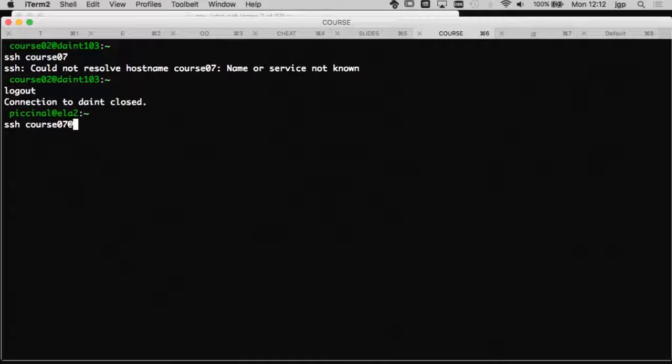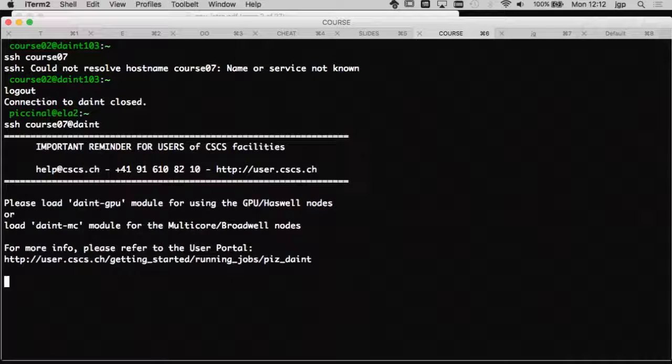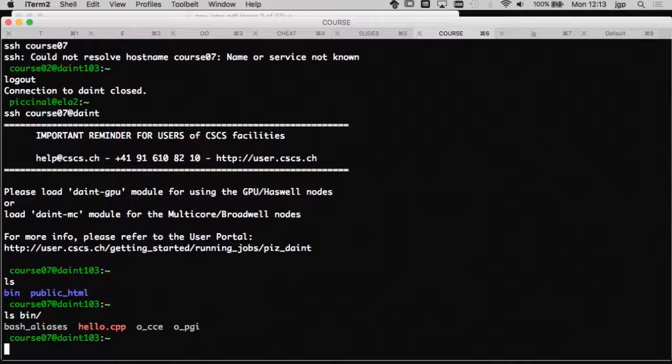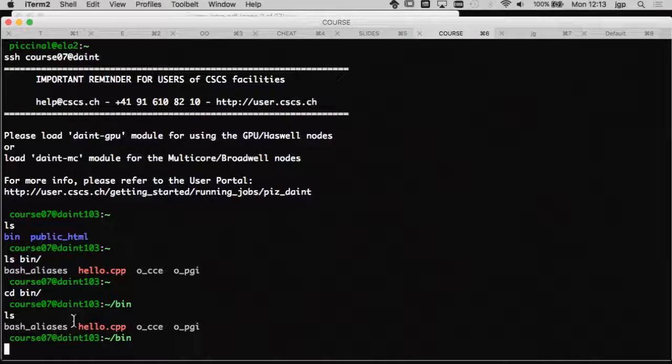Because I put my key, so it's in bin, right? So the only thing you have is this one, but you need to compile and run.